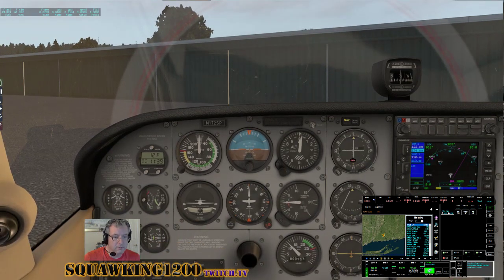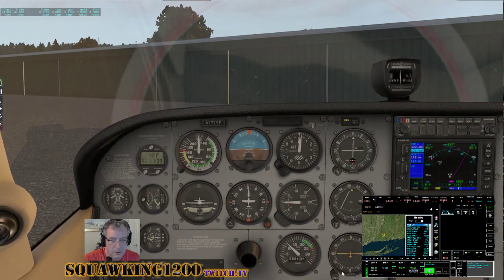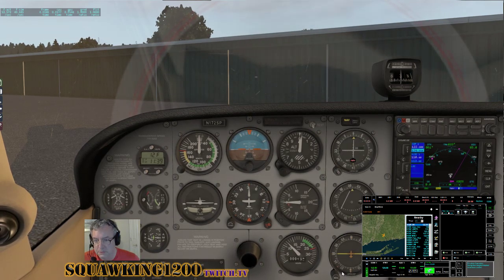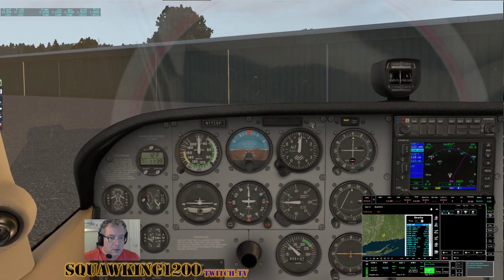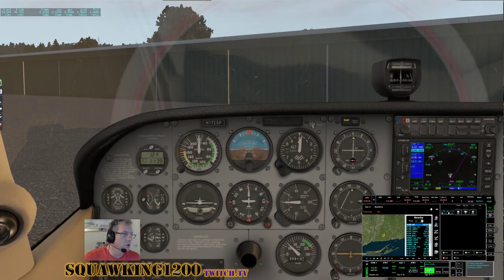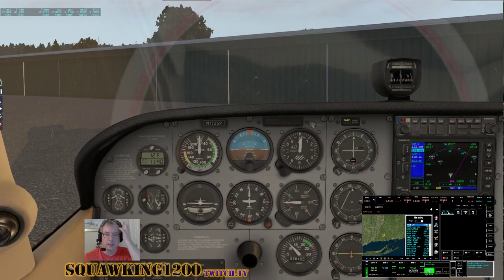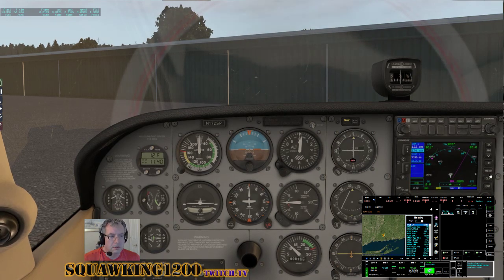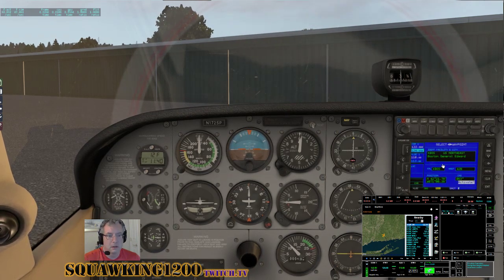We are squawking VFR. We're going to go on with that. Let's see, temperature still down low. Yeah, so the plan is basically to just go north. Maybe we'll just do a couple landings, test some of that stuff. So probably the first airport, we're going to just go type in